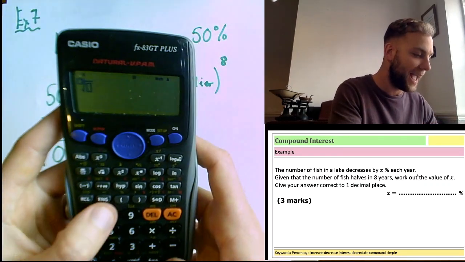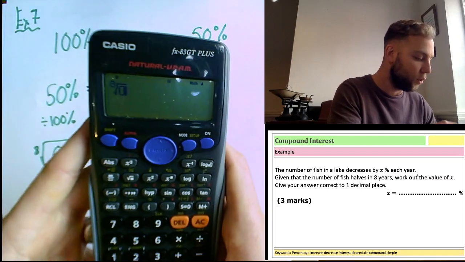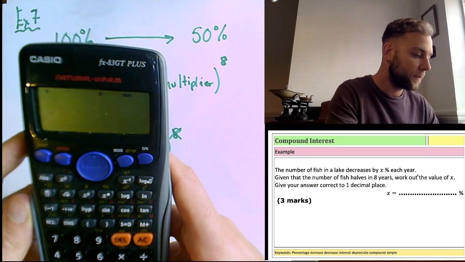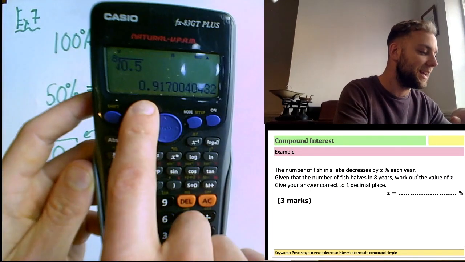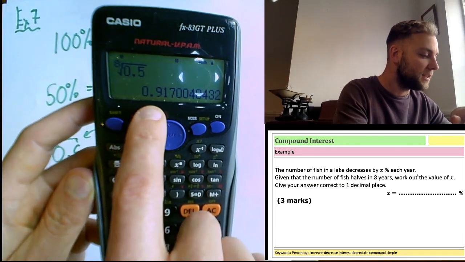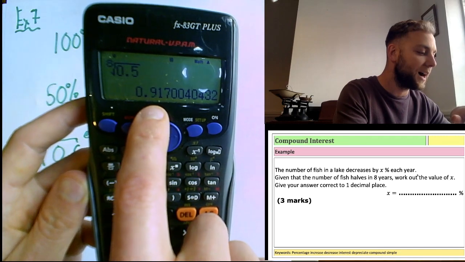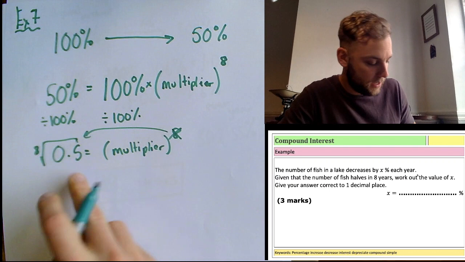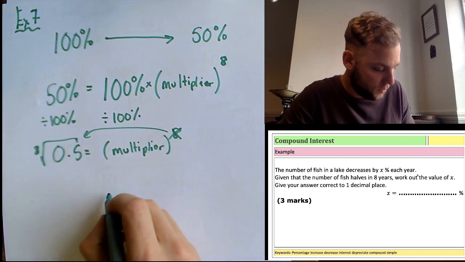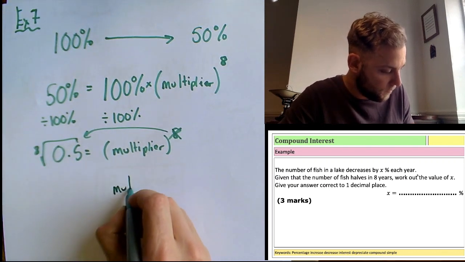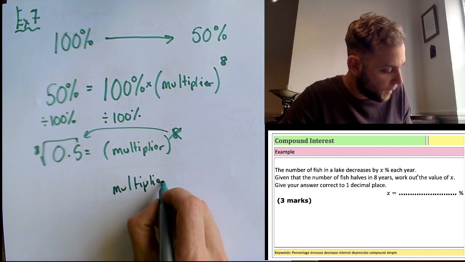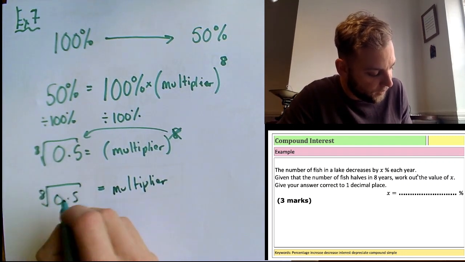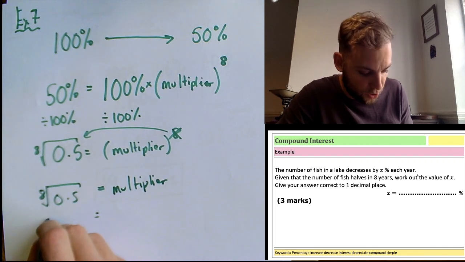And I'm going to do the 8th root of 0.5, which in this case here is equal to 0.91700. So my multiplier is equal to the 8th root of 0.5, which in this case is equal to